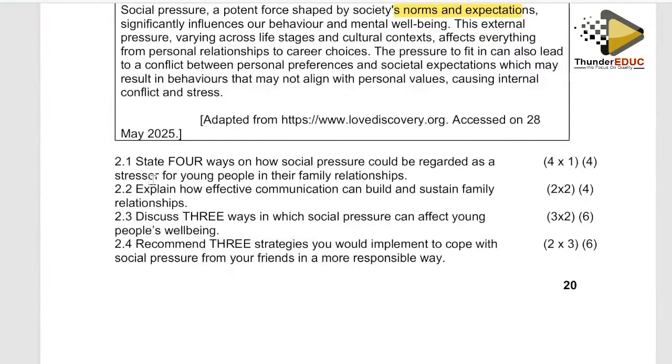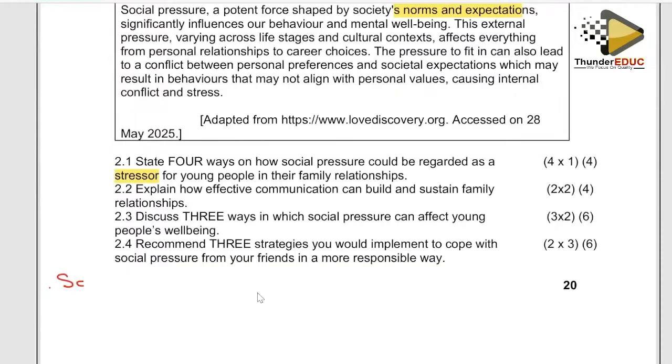All right. Now, the first thing, 2.1, says state 4 ways in which social pressure could be regarded as a stressor. So our keyword there that we are going to highlight is stressor. How can social pressure be regarded as a stressor for young people in their family relationships? I'll start with the first. Social pressure could be regarded as a stressor